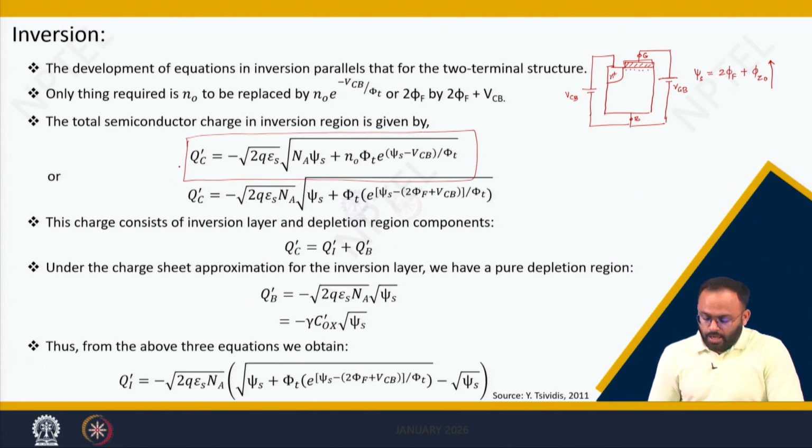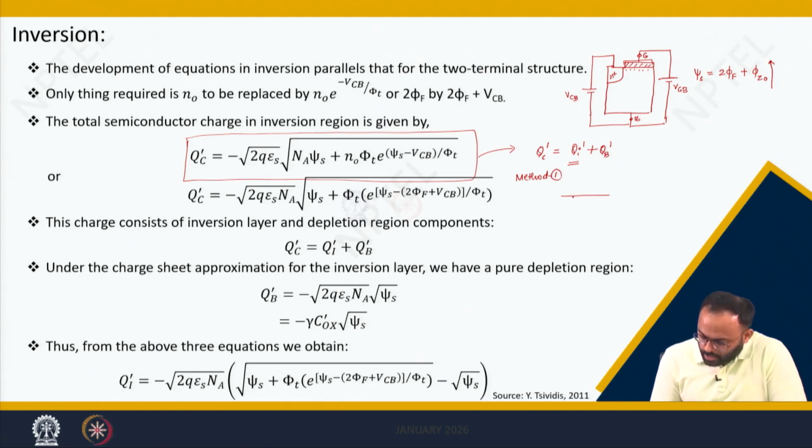And we also know we can simply calculate the inversion charge and the bulk charge by the total charge. So QC dash is equal to the inversion charge plus the bulk charge, correct? This inversion charge can be calculated as follows. So method number 1,